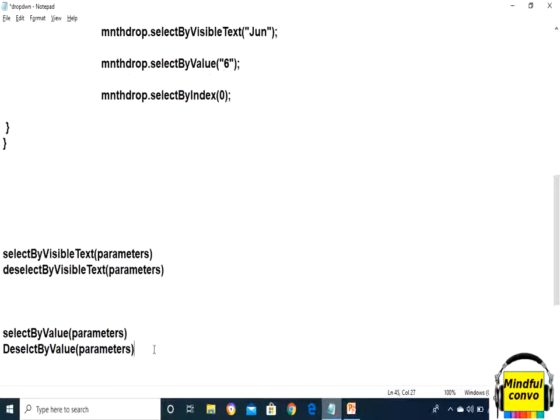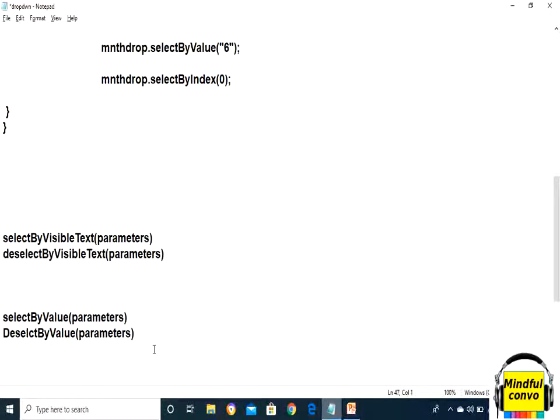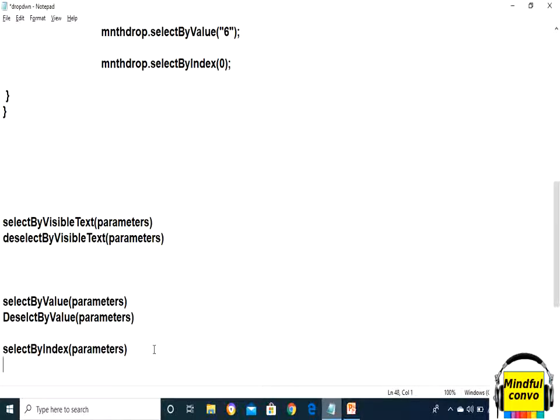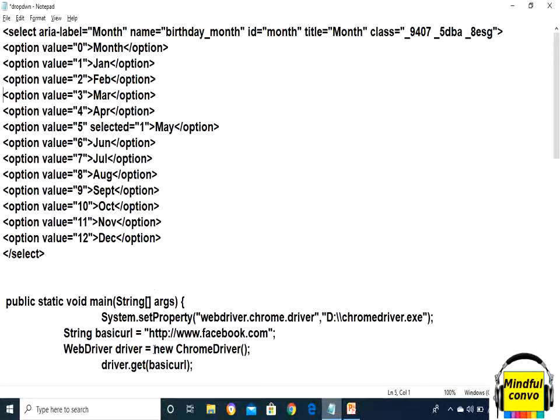Now we have various other methods like selectByIndex. This also needs parameters, and also deselectByIndex. So what do we mean by the index first?